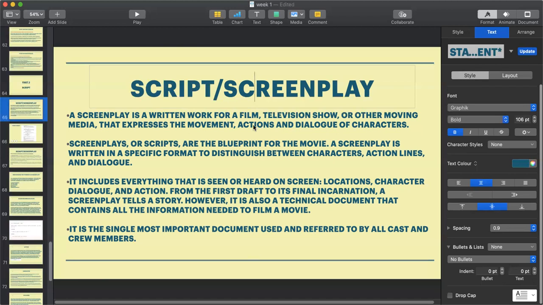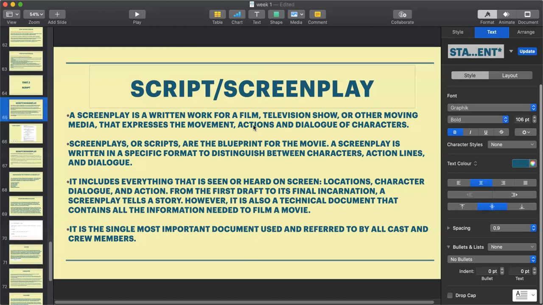Whenever a filmmaker, whenever a director is planning to make a movie, the first thing that he will do is he will make a proper script. Okay, which will include everything that is going to be heard or seen on the screen. Okay, so locations, characters, dialogues, actions, everything is included in a script. And from its first draft, of course, they will write the script first, then there will be some revisions, then there will be some changes. All these things